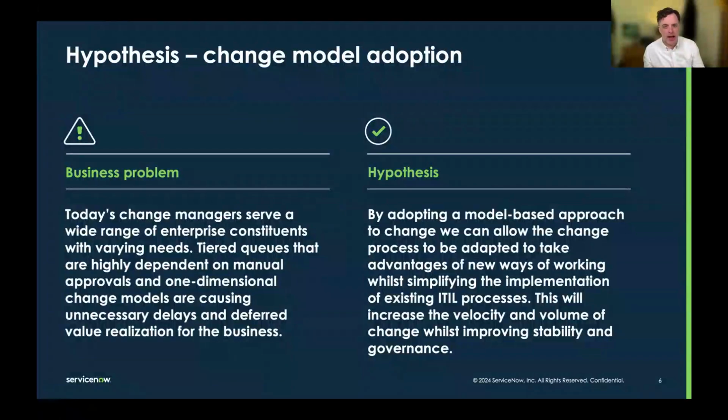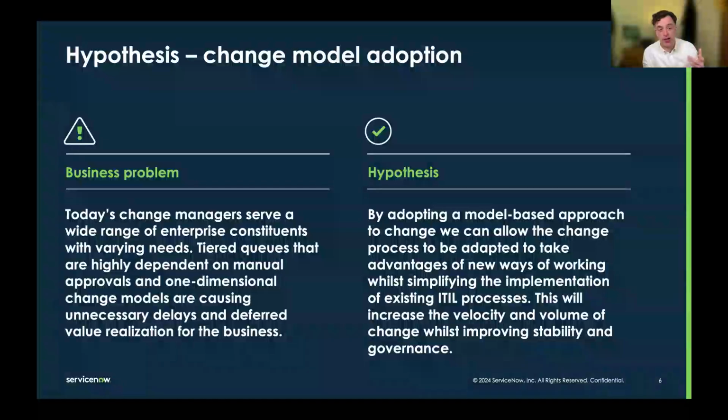So in ServiceNow, we have some technology that allows us to work with federated change, and this centers around something we call change models. The more people I talk to in ServiceNow, the more are now aware of change models. Change models allow us to move away from ITIL change types. We can preserve ITIL change types, I'm going to show that in a minute, but they give us the flexibility to move away where it's appropriate and where we want to.